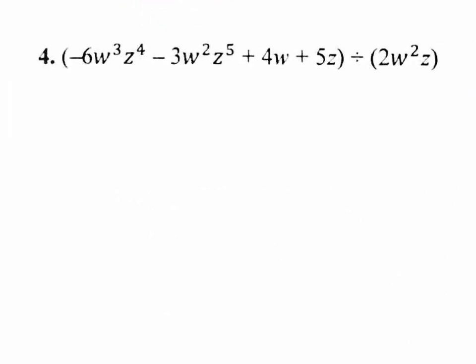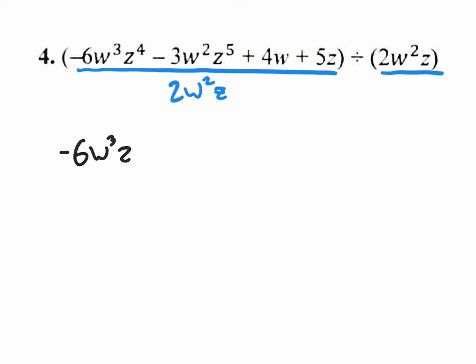Ladies and gentlemen, I'm going to take this entire long, disgusting polynomial, and I'm going to divide it by 2w squared z. So again, when you're dividing by a monomial, you do not have to do long division. I don't recommend it. It'd be a horrible mess, right? When you're dividing by a monomial, simply divide up that monomial, put this division of 2w squared z on the first one, on the second one, on the third one, on the fourth one. So again, negative 6, w to the third, z to the fourth,